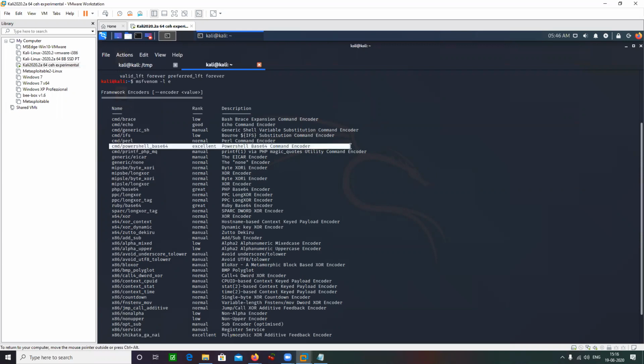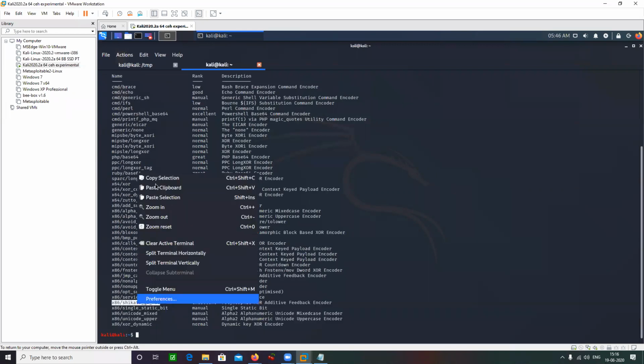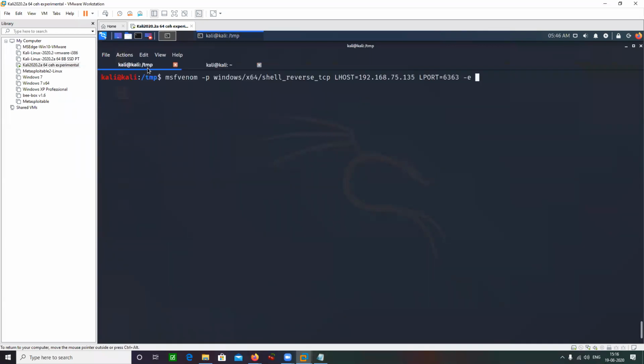So I can use this one, or I can use this one. Let's take this encoder, with -e used to encode your payload. Then I want to mention some number of iterations using the -i flag. Let's say 15 would be good enough.